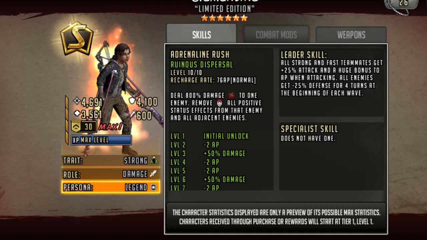Hey everyone, so in this video I'm doing a cheeky 10 pull for Clementine. What I like about Clementine is her leadership skill, and a lot of people don't like it actually. They don't think that the plus 25% attack is high enough, and I do agree it's pretty low, but when